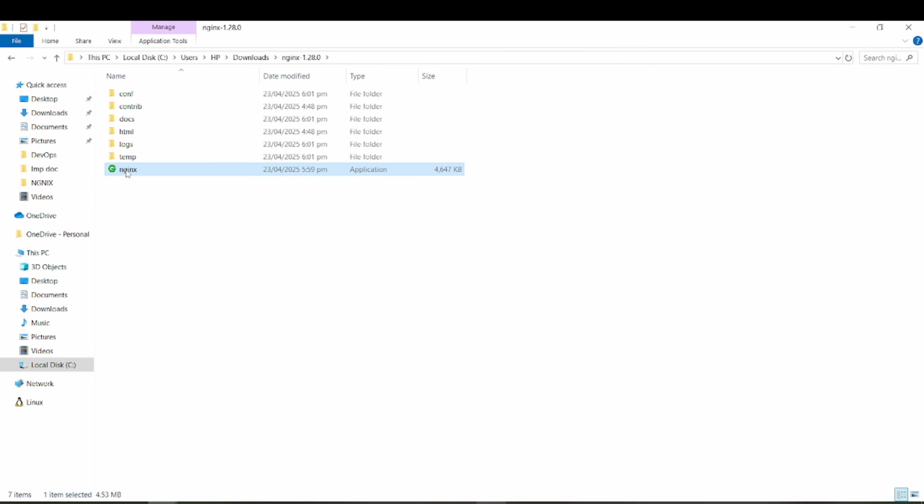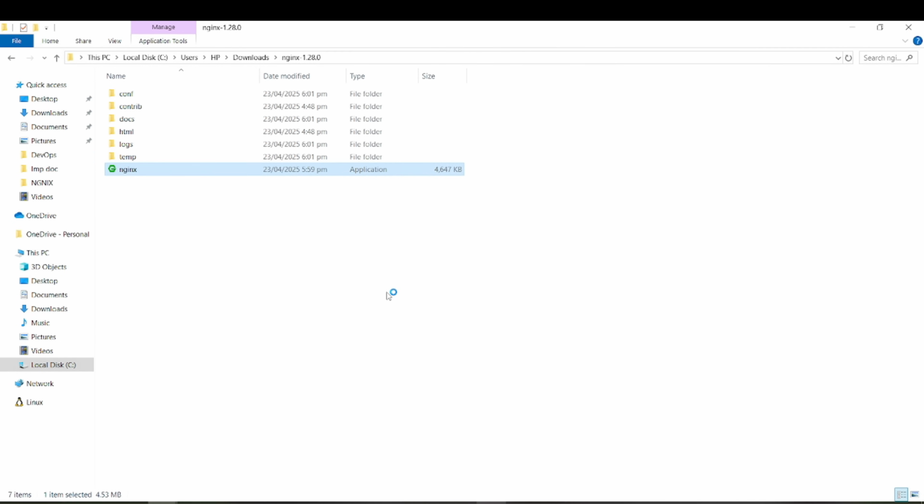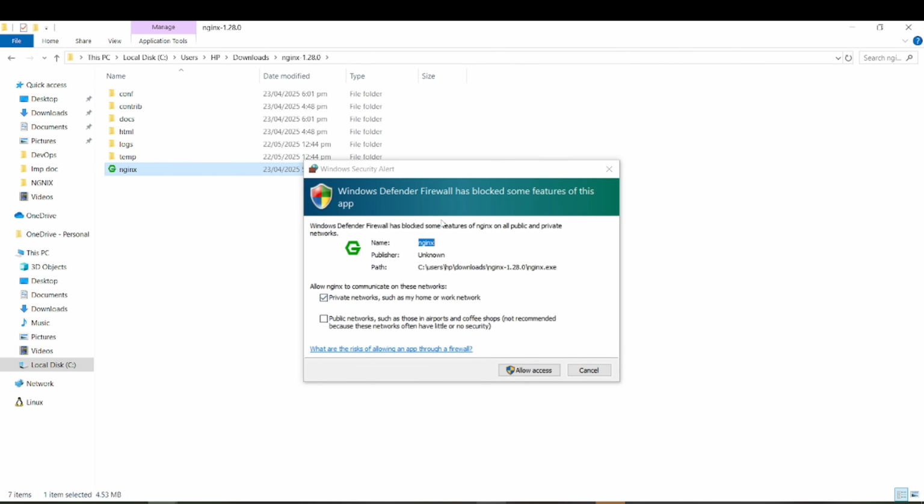Now you will just double click. It will ask you, okay, more info, run anyway. Actually, this is the option where the firewall asks to allow this application to be installed and accessible in future use. To allow this,